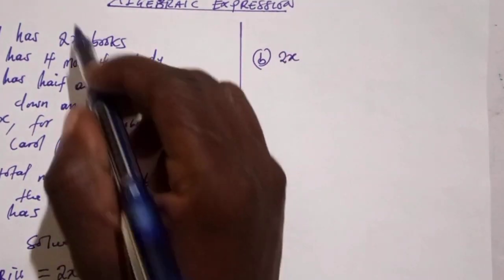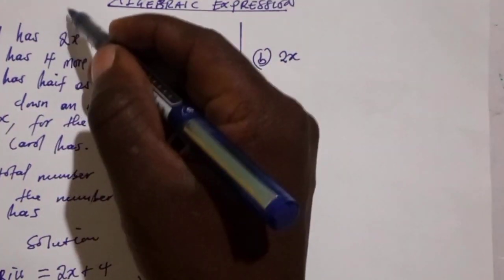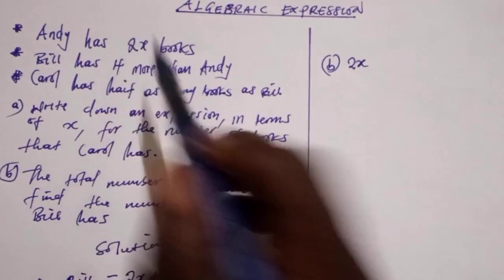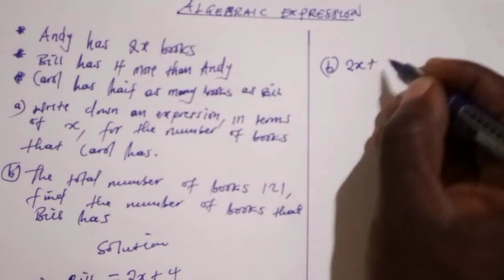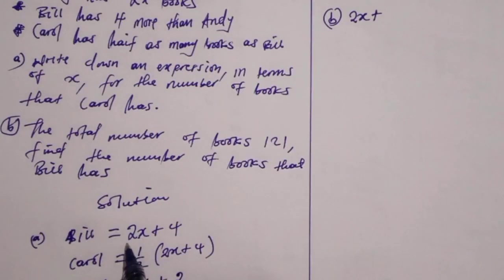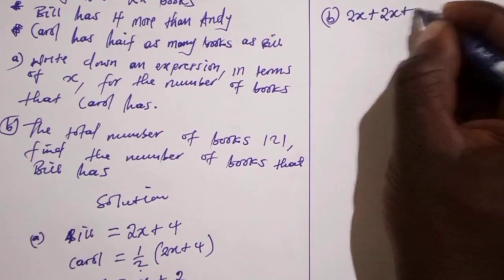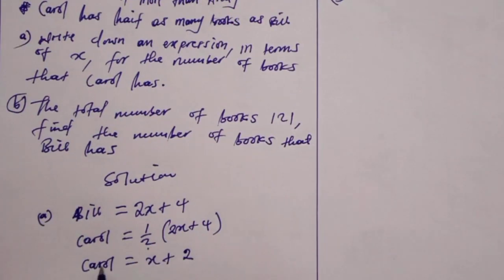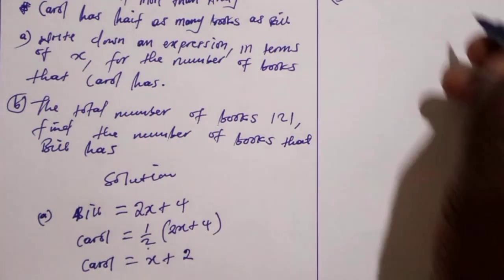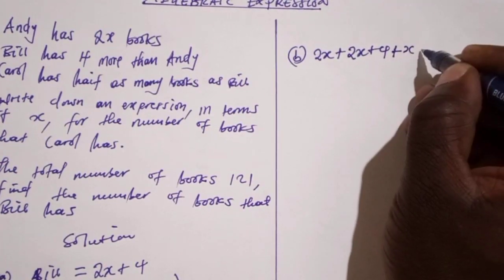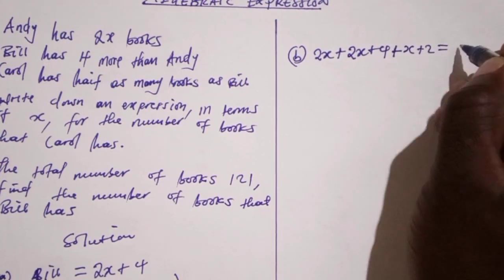So we are going to add the sum of all three names, Andy, Bill, and Carol. For Andy we have 2x, plus for Bill we have 2x plus 4, and plus for Carol we have x plus 2, which is equal to